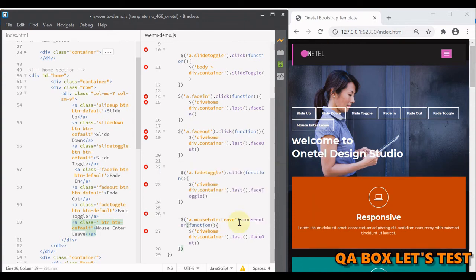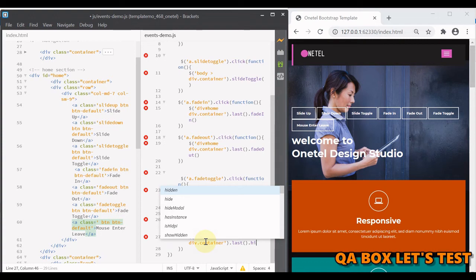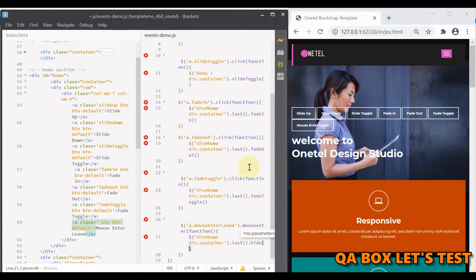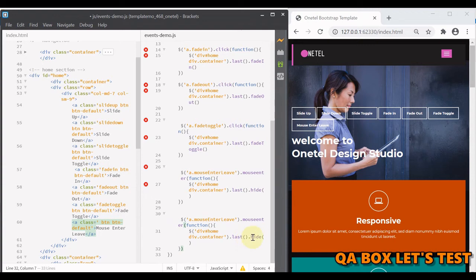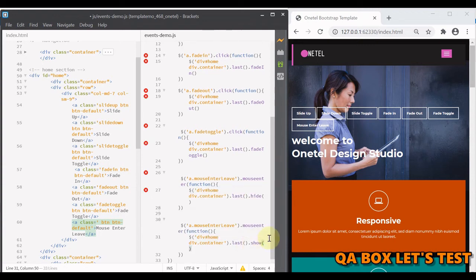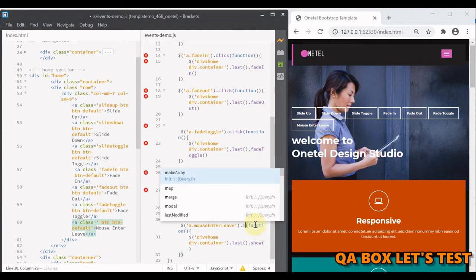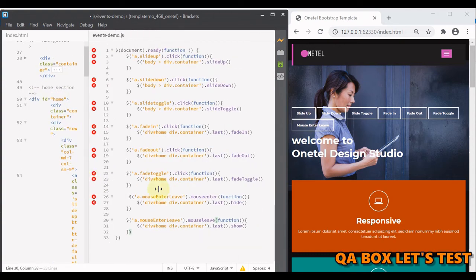All right, and this is going to just hide this. Okay, so when the mouse enters on this element, this will disappear, and when the mouse leaves, then it will appear. So we are going to say show, and we have to change this to mouse leave. All right,